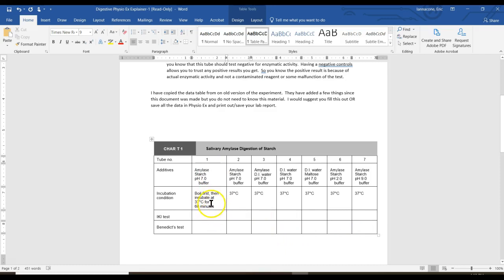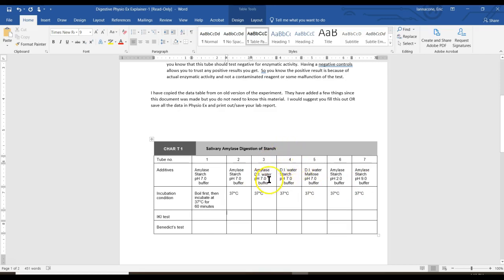So you'll get results for what happens if you boil it. Amylase starch, pH of 7. And then don't worry about the maltose one or the freezing one. We don't care. We just want to look at pH. Amylase starch, pH of 2. Amylase starch, pH of 9. So you want to be thinking, should amylase work best at 7, 2, or 9? And then